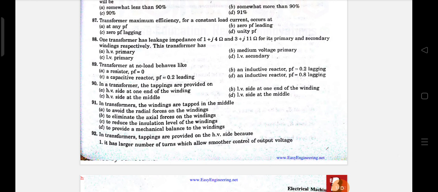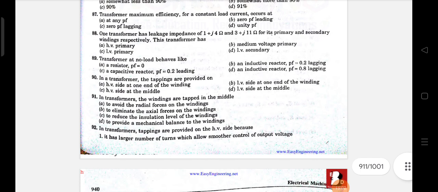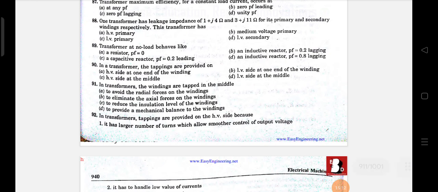Next, 90th question. In a transformer, the tappings are provided on, okay, in case of a transformer, tappings are always provided on the HV side. Why? Because on the HV side the magnitude of current is low. That means if we provide the tappings, sparkings are less. That means from the given options, see here,